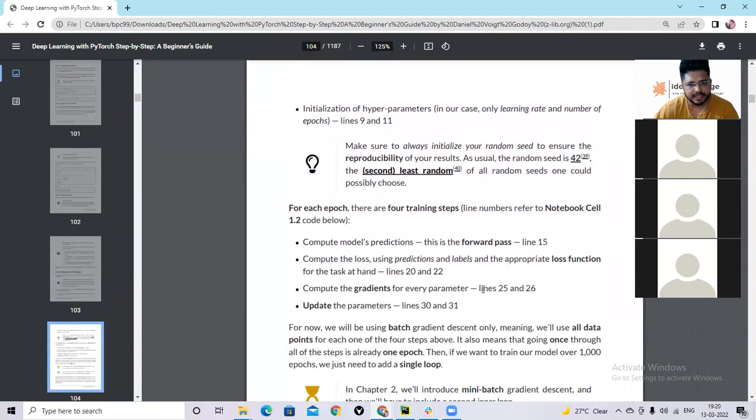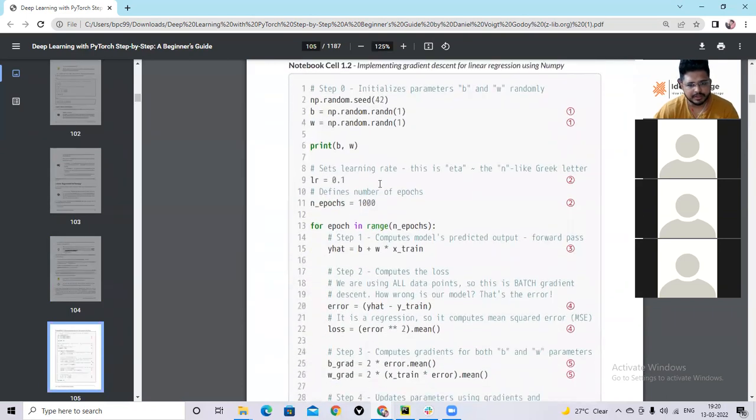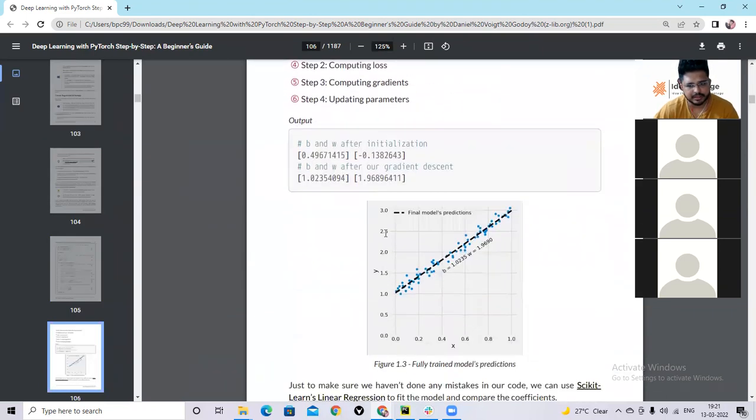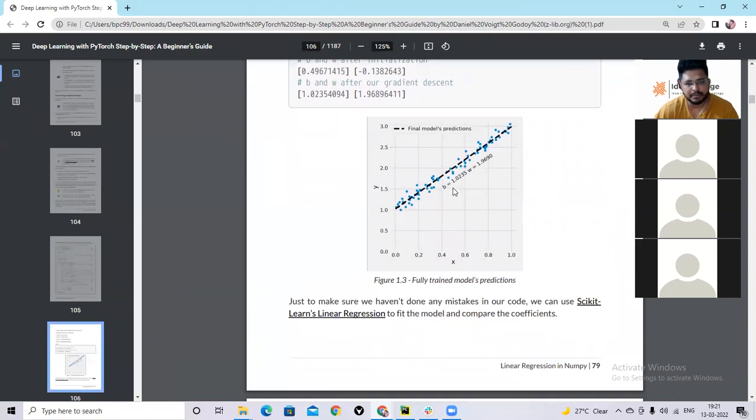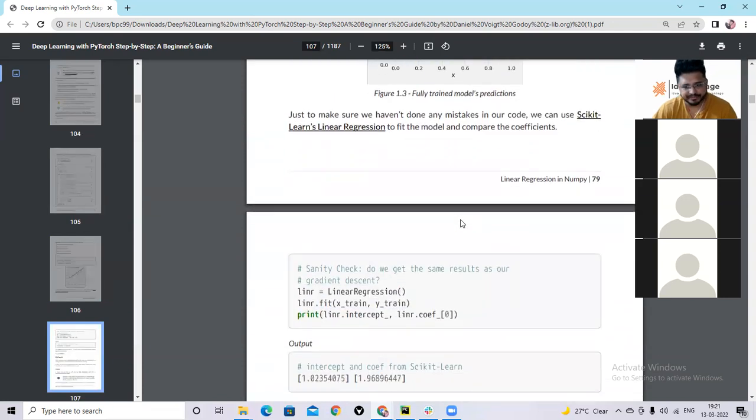Linear regression in NumPy, and so we saw this one. This one was simple. The program is here. Okay, and if you run this program in Matplotlib, then you see that ultimately we'll get the best fit line like this, with the b value of this much, w value of this much. So we started with a random value of b and w. Then using the partial differentiation rule, we gradually adjusted the value of b and w so that this line's MSE loss is the minimum. And that is how we made the best fit line. Okay, so this is what has happened now.